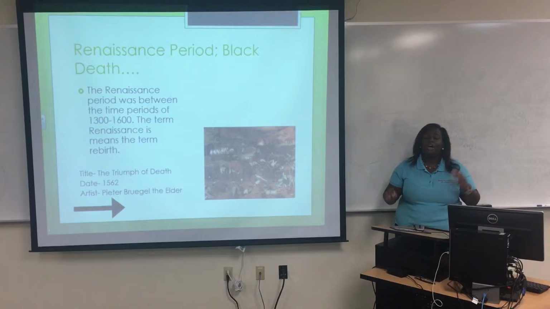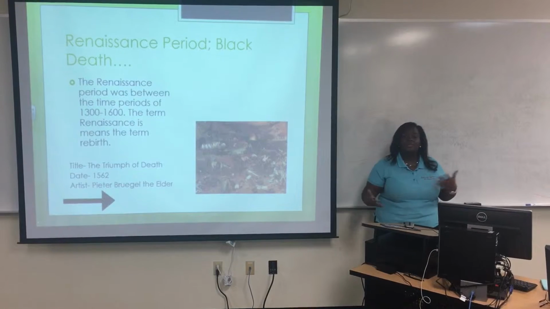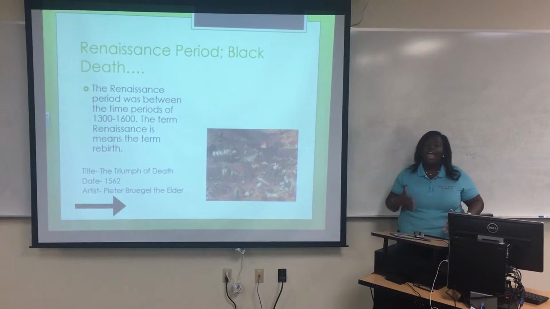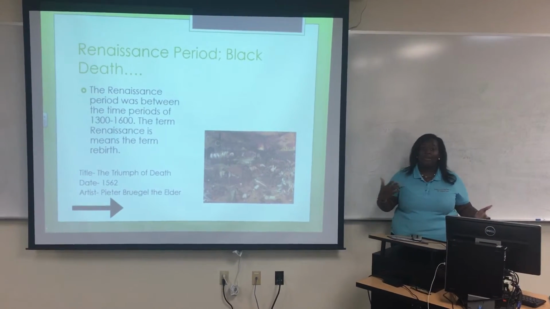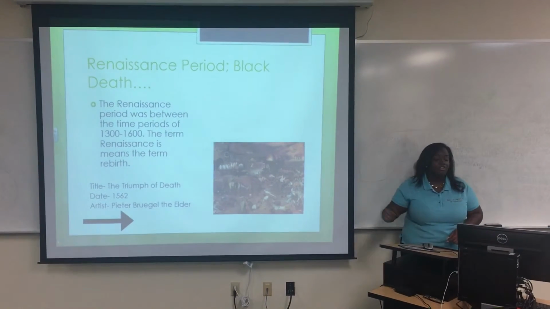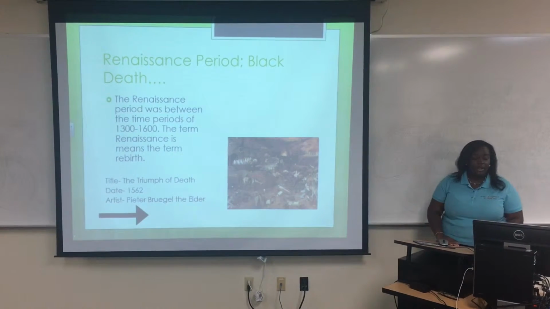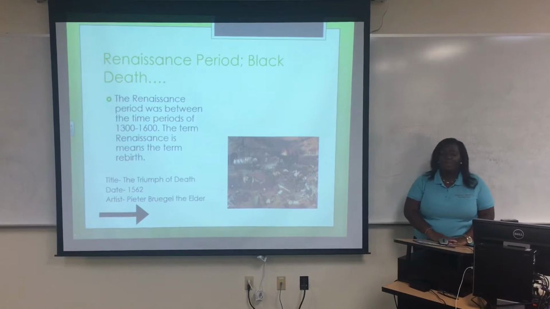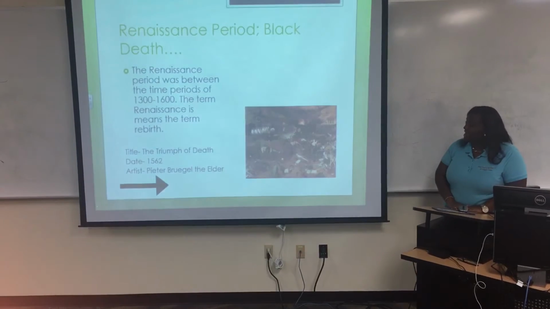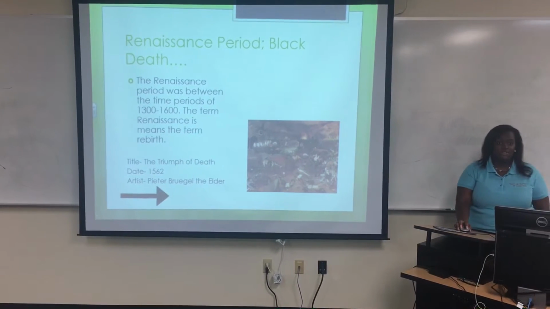This not only put a huge impact on art, but it did put a huge impact on artists. Artists were not able to express themselves how they were able to before with such a tragedy. Everywhere they looked, people were dying, people were not living, and everything was just really bad. To your left, I have a picture called The Triumph of Death, which was painted in 1562 by Peter Bruegel the Elder. He painted this picture because he simply imagined Black Death to look like this. People dying everywhere is red, and people were just being killed off with a bacterial disease.